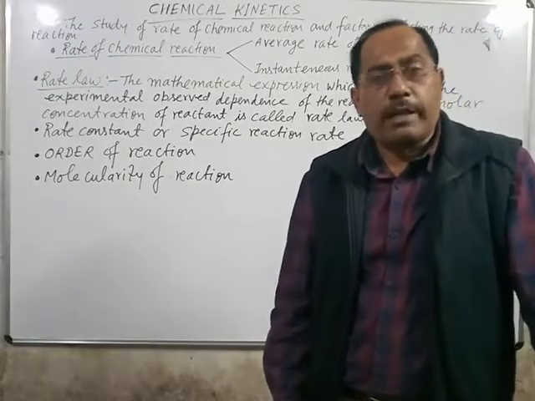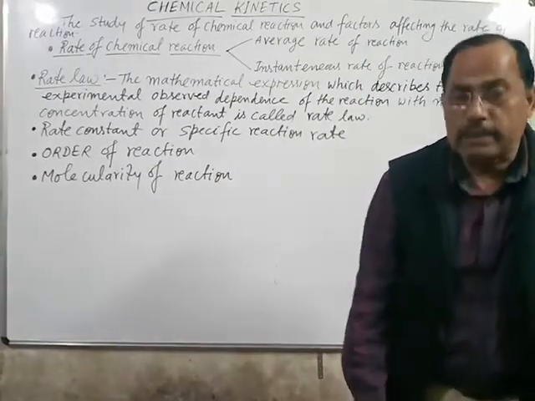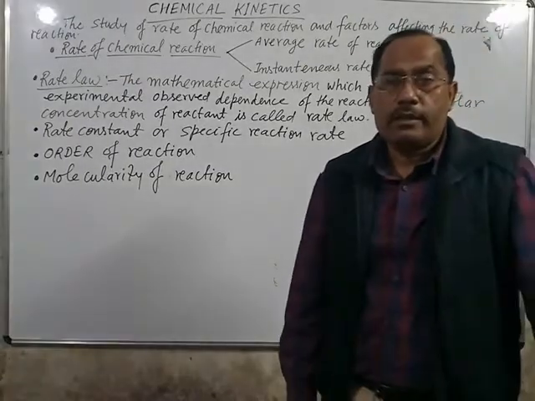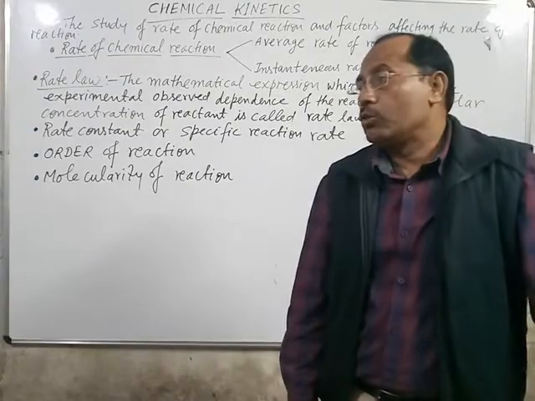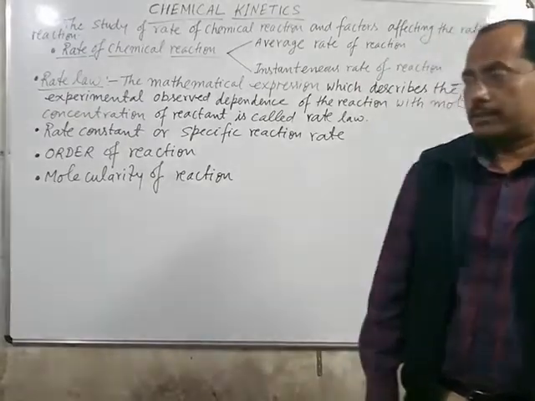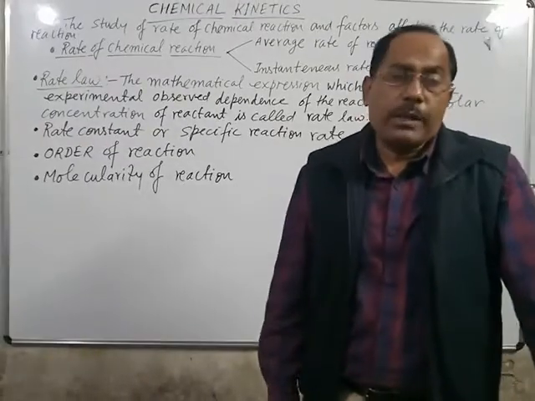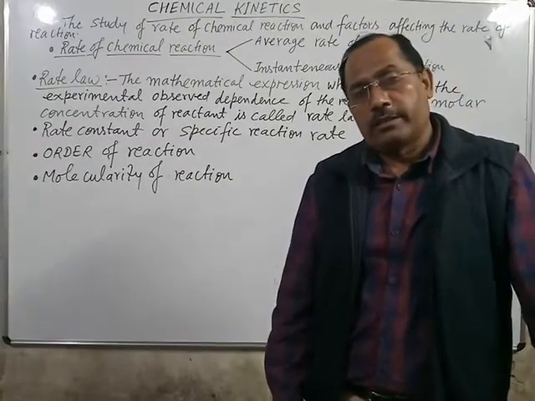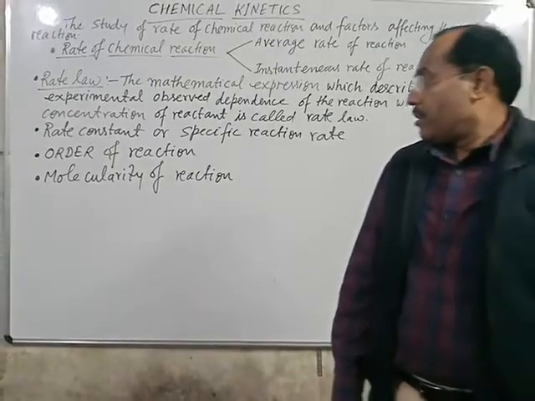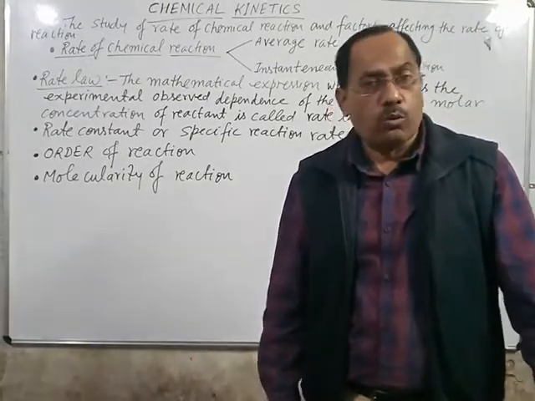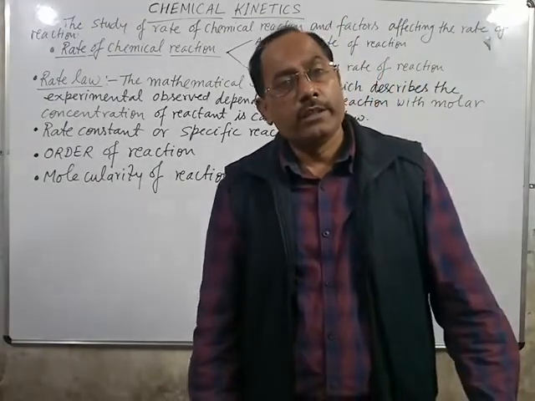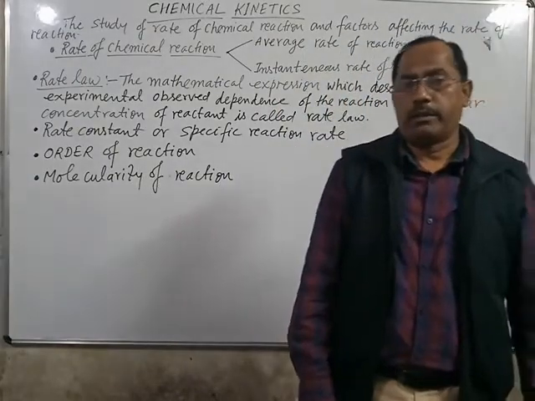Order of reaction is an experimental value. It can be determined experimentally, while molecularity is a theoretical value. It can be determined theoretically according to the type of reaction, whether it is elementary or complex. Order of reaction explains the kinetics of the reaction, while molecularity explains mechanism of the reaction. Order of reaction may be zero, positive, negative, even in fractions, while molecularity is always a positive whole number.